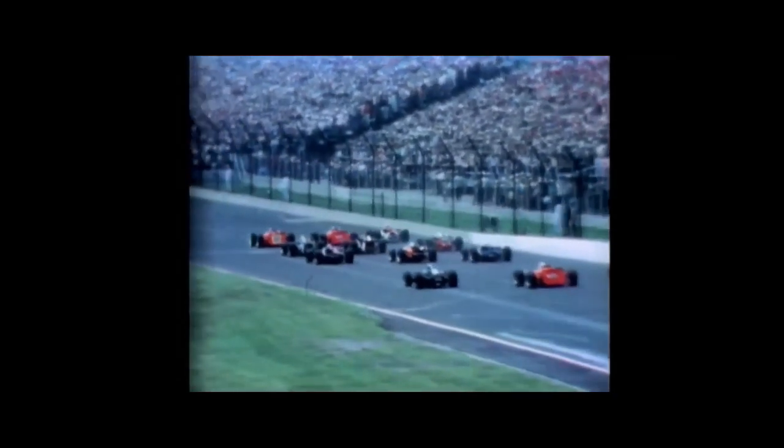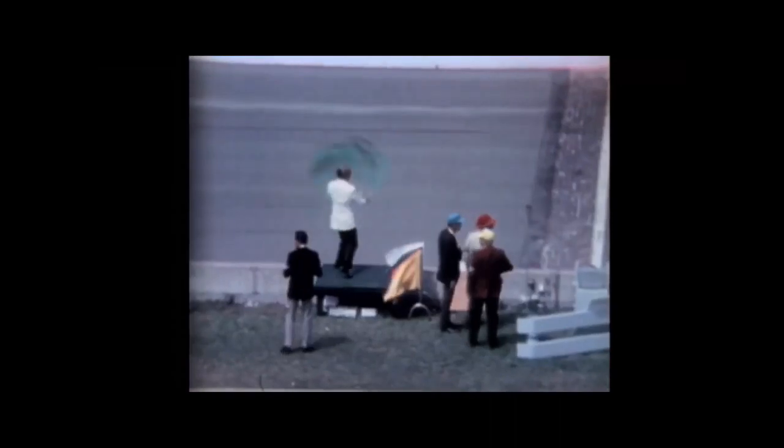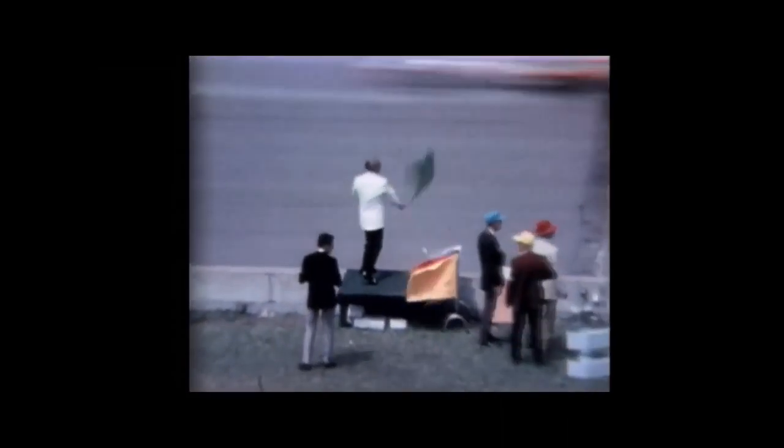And we're going to get a start. Pace car off. Here they come. And look at Lloyd Ruby bust through from his second row position. But Joe Leonard has busted out into the lead. The start is just as everybody has expected. The turbine car has taken the lead immediately. It's Joe Leonard out in front. Bobby Unser is in second place. The other two turbines will try to...